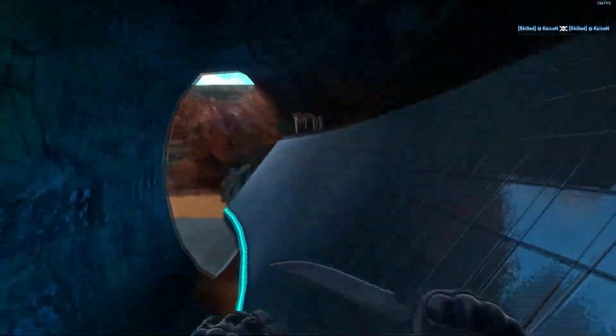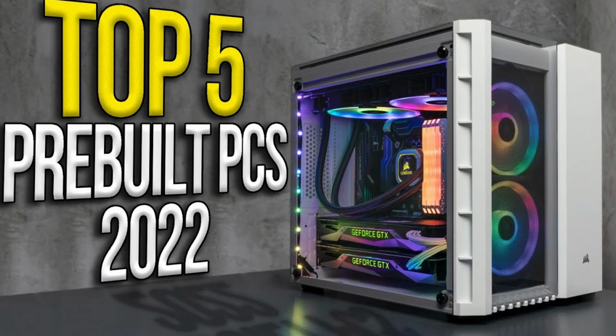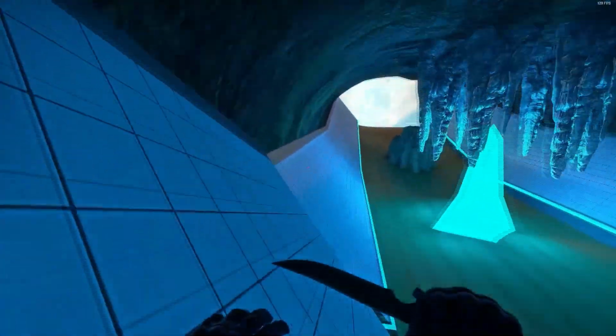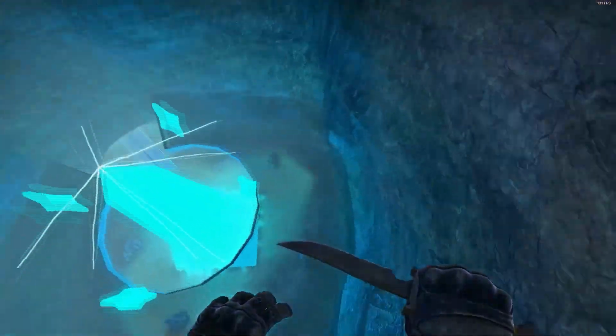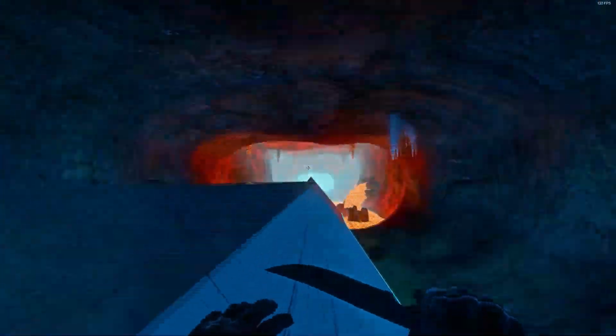And remember that you need a good gaming desktop for this type of monitors. You have my top 5 gaming PCs of the month in the top right of the screen, as well as some PC build videos. So before buying any of these monitors, if you don't have a gaming desktop, I really recommend you watch them. But if you have a gaming PC already, let me know the specifications down below in the comments and I will reply with my recommended monitor for you, because if you have a gaming PC that's